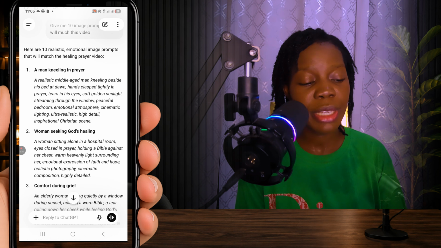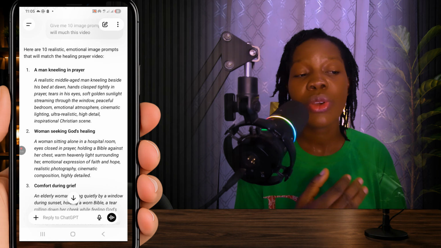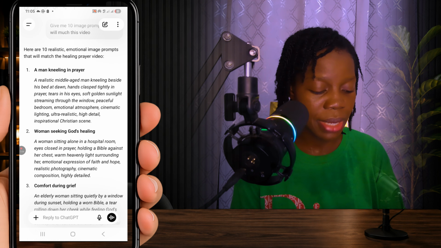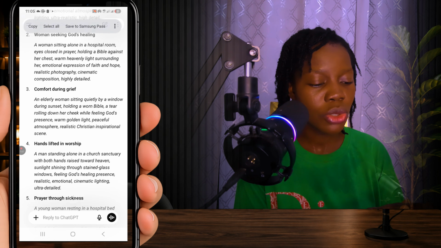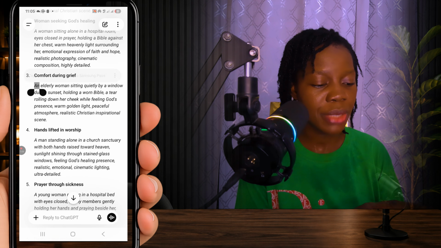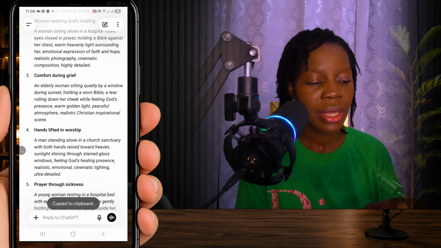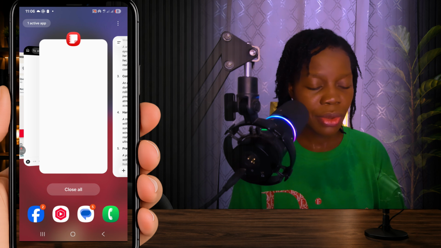With this image prompt ChatGPT has provided, we are going to use another AI tool to generate our images, and that's where the bulk images come in. So what I'm going to do is that I'm going to copy one of the image prompts. I've generated the first two already, so I'm going to select the third one like this. Then you go to your